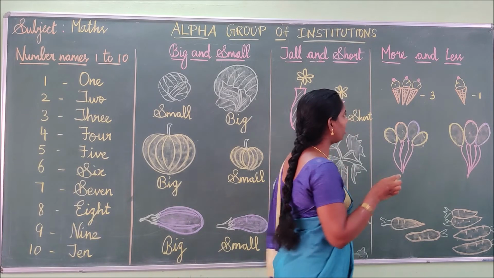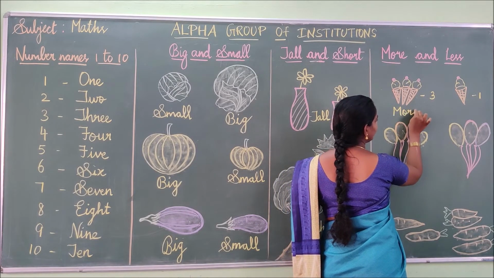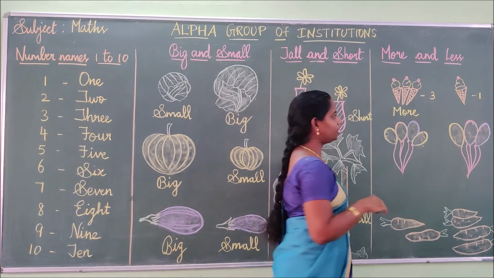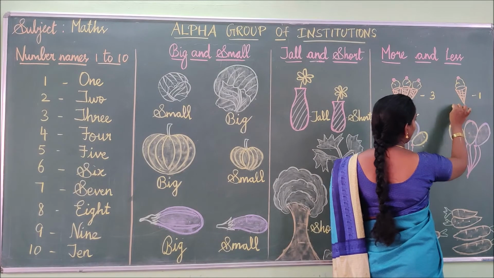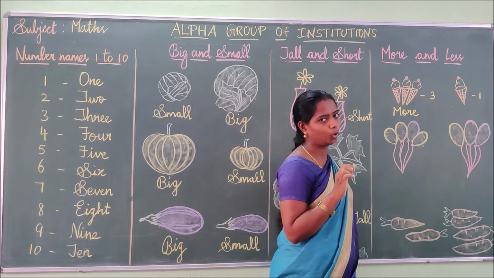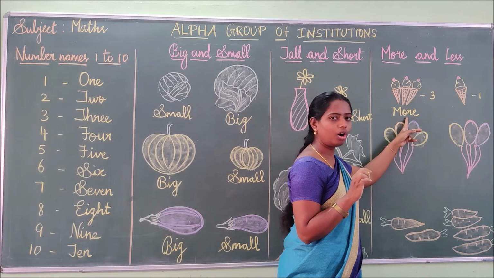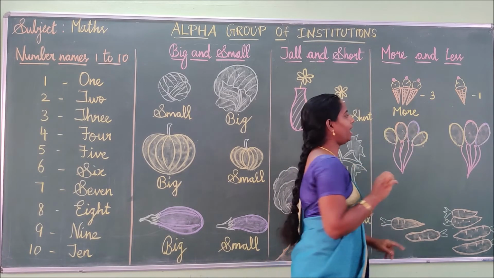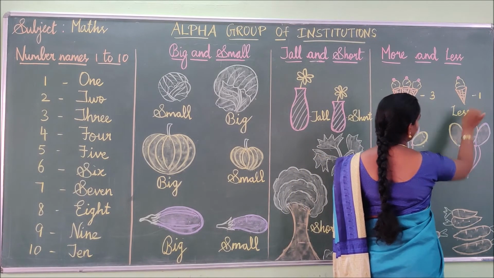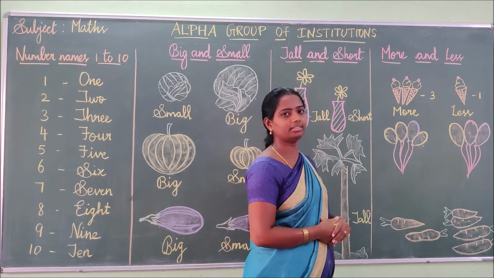Children, so I am writing here more, because 3 is greater than 1. So, here we have more ice cream pictures and here we have less ice cream pictures. Before that we have to know the spelling for more also. See, M-O-R-E, more. And then less, L-E-S-S, less. Children, are you clear about it? Difference between the more